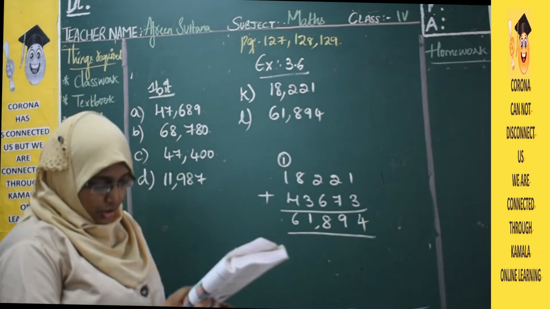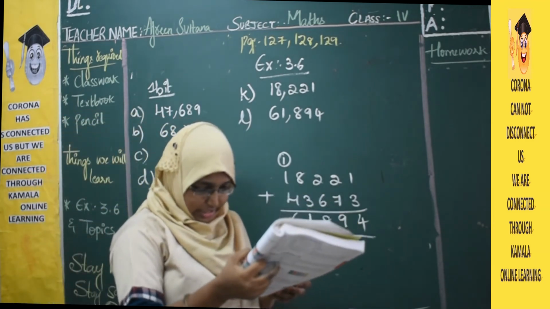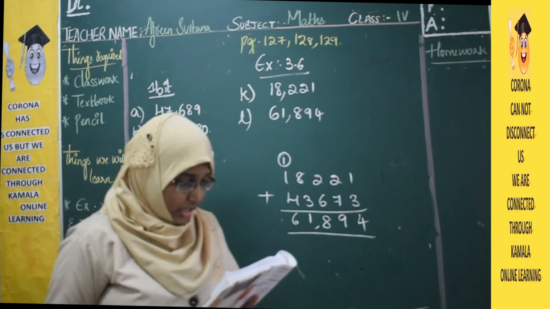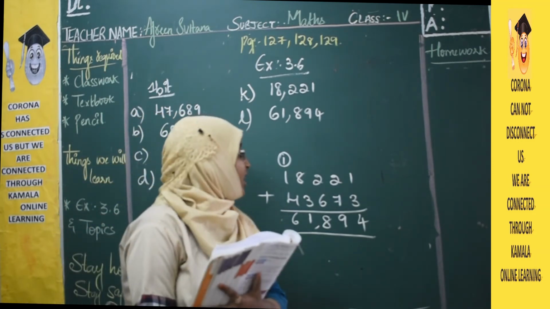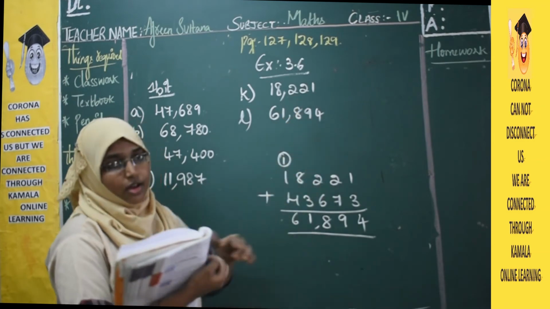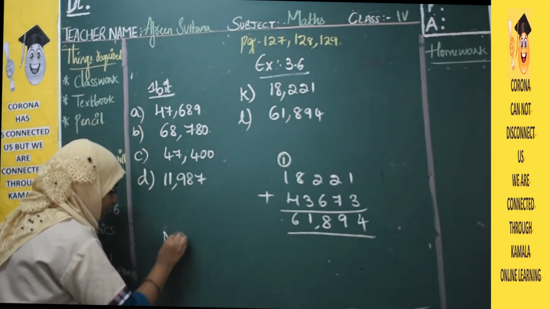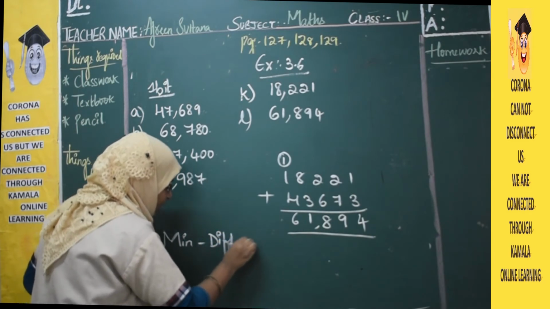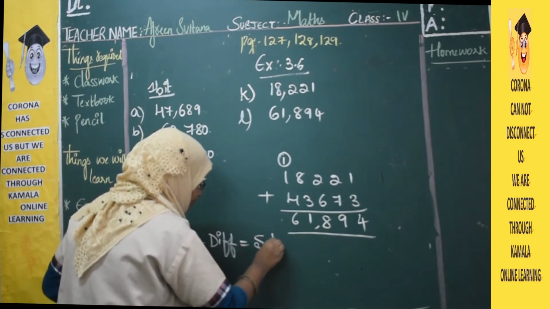Okay. So we have added based on this. Next, M and N is also there. You can complete that bit. And the second bit also you can easily find out. They asked to find the subtrahend. How to find the subtrahend? To find the subtrahend, we subtract minuend minus difference. We will get the subtrahend.